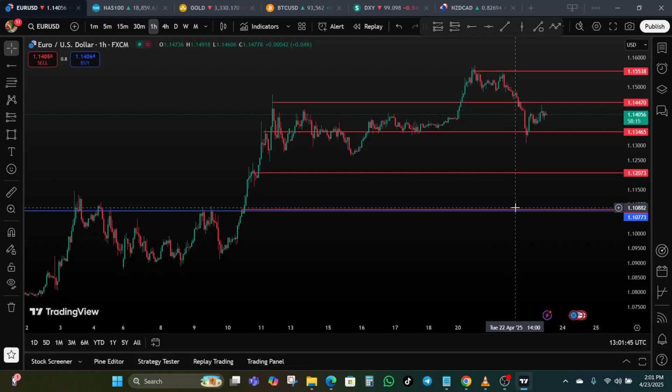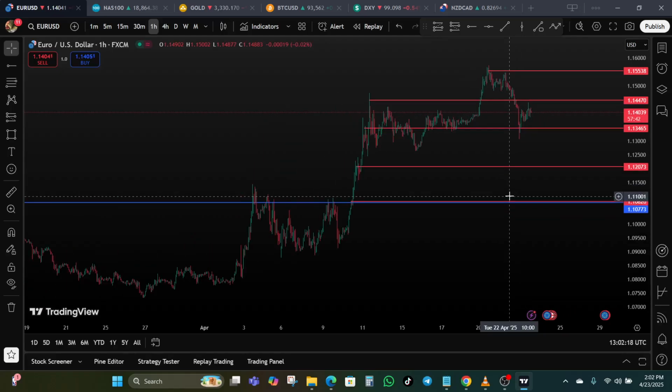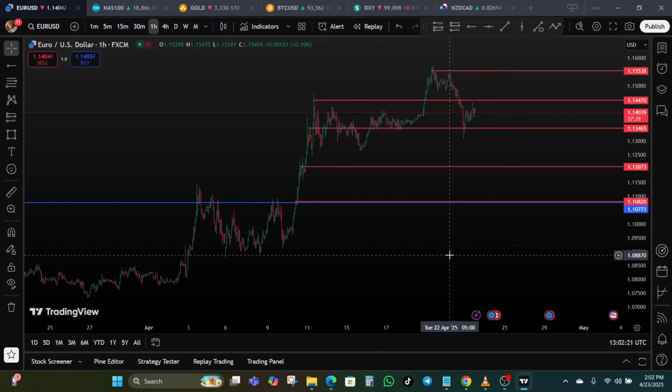But the thing with martingale strategy is that there is no guarantee that price will eventually reverse. There could be just minor pullbacks depending on how strong the trend is. If it is a very strong trend, you might have little pullbacks, and that is the reason why martingale strategy is very risky, because you might be doubling your lot size, going on, but forgetting that your account balance is limited. You don't have unlimited balance. So at some point, if price does not reverse, you will end up using your entire available margin. And if you do that, before you know it, you might blow your account.